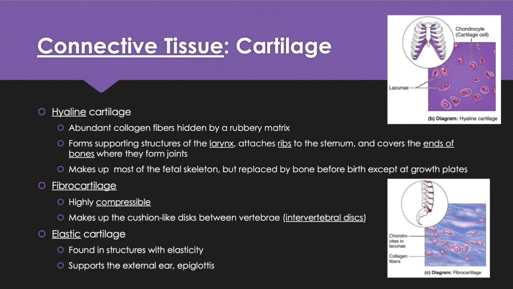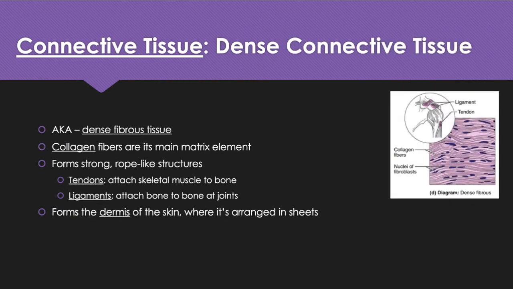So again, we have those three types of cartilage. Our next type of connective tissue is called dense connective tissue. Another name for it is dense fibrous tissue, and it has collagen fibers as the main element in its matrix, and it's going to be able, because of that, to form very strong structures that are similar to a rope. So this is going to be the kind of tissue we would have in our tendons, which attach our muscles to our bones, our skeletal muscles, I should say, to our bones, and our ligaments to attach bone to bone